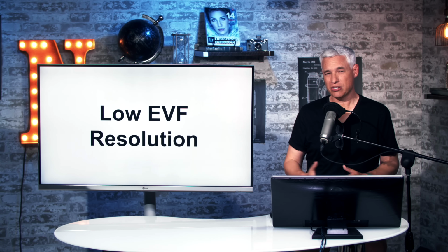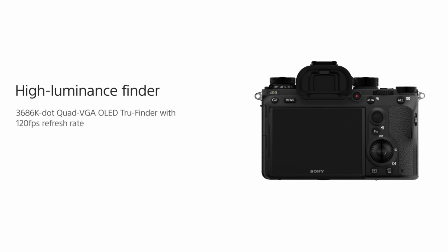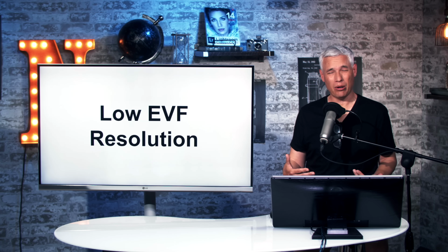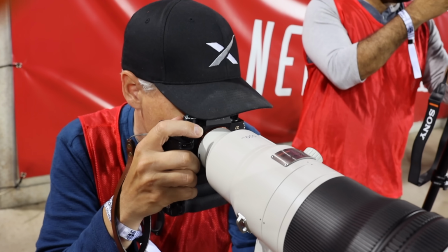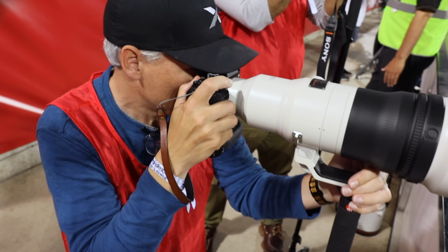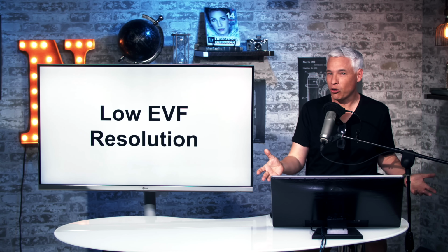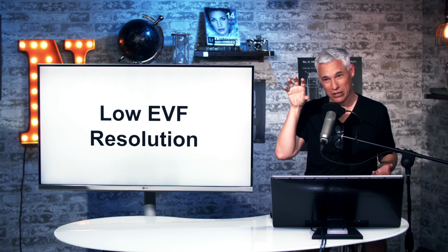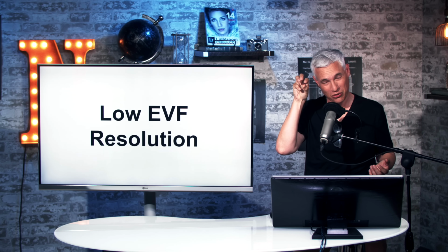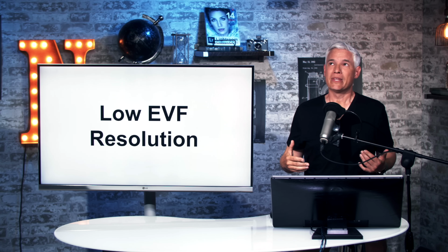I'll also say when we tested it for wildlife, we found the EVF resolution to be a problem. It's not a problem when you're shooting portraits, it's not a problem when you're shooting sports, but when you're shooting wildlife, you focus your attention on often a very small center part of the EVF. And if you're using an optical viewfinder, of course, you're seeing the real world with infinite resolution, and if you're using an EVF, well, the whole thing is only 3 megapixels. So if you're staring at 10% of the screen in the middle, it's pretty low resolution, and it works okay,